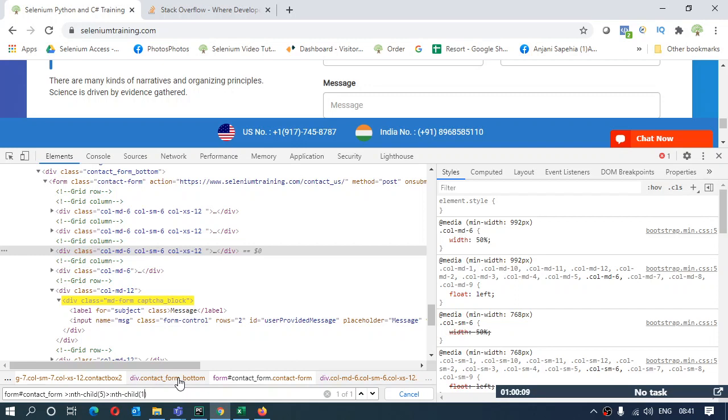And second is actually the text box. So I have to again go inside for the child tags. So I'll say nth child. Now if I give nth child 1, it will highlight the label, that is the name of the text box.